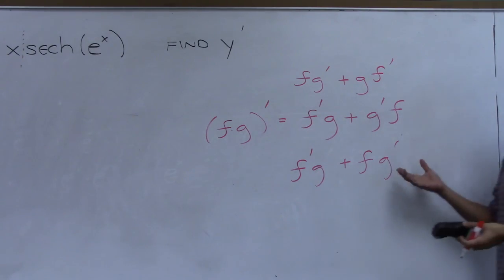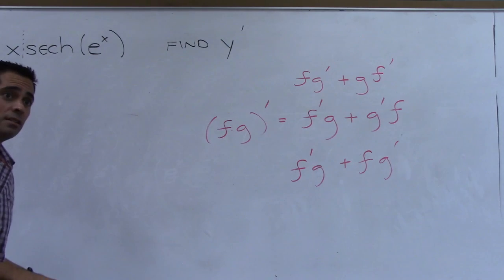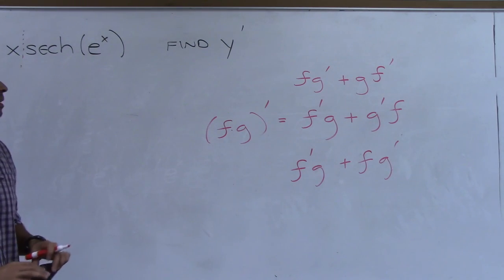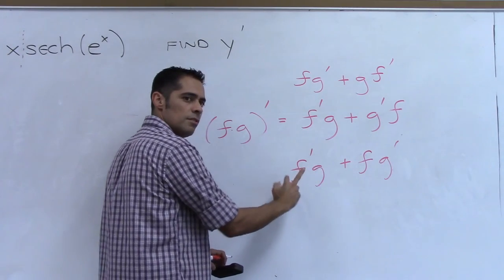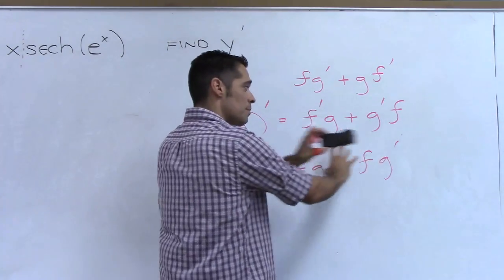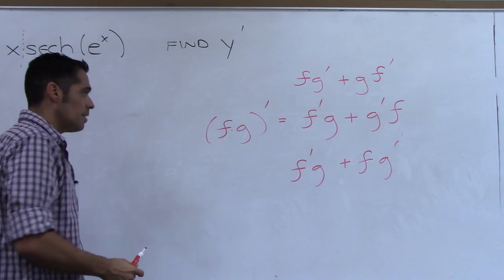And a lot of people look at this and they think, okay, it really doesn't matter which way you learn it. They're all the same, which they are. You're going to get the same answer either way, because multiplication is commutative. You can always flip multiplication around. And addition is commutative, so that doesn't change anything. But there is a better way.